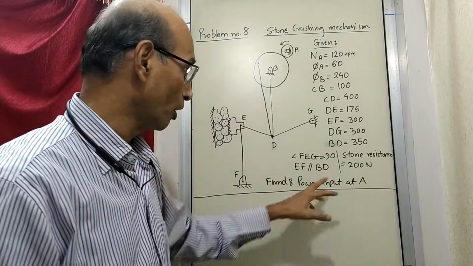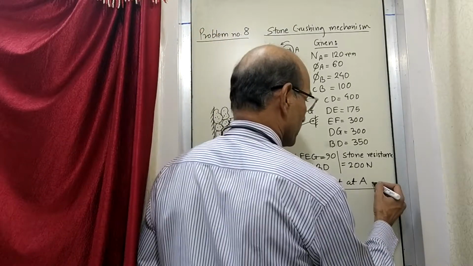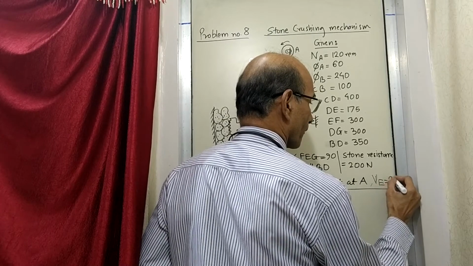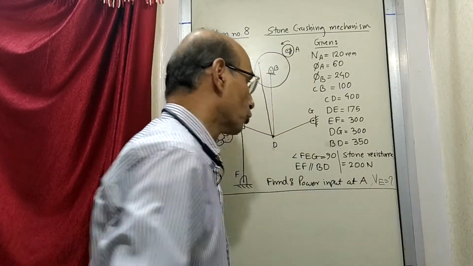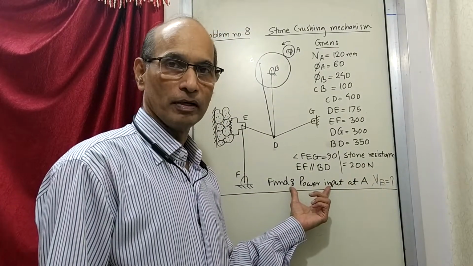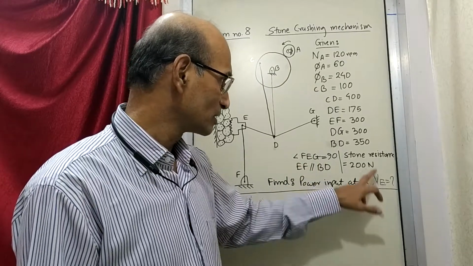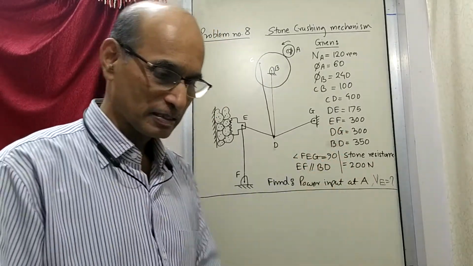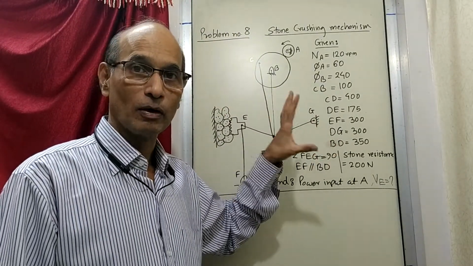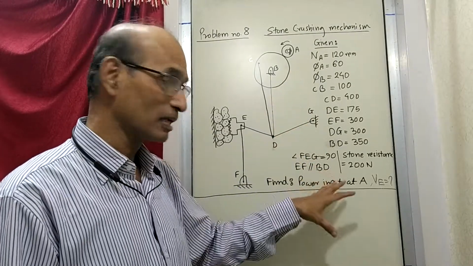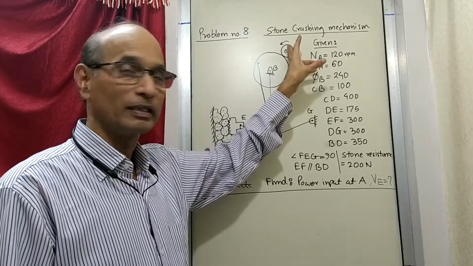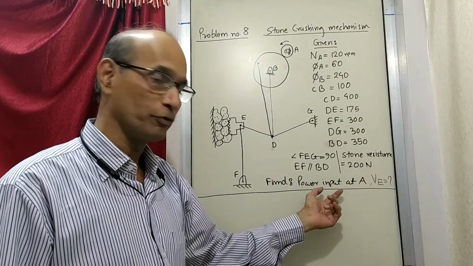In other words, what is asked is to find VE. If you could find out the velocity of E, then the velocity of E into this force is the same as the power input. So the problem is essentially only this, only the wording is different, and it is giving us some more information about how the mechanism is made and how it works. Suppose you make this mechanism, then this answer is the power that you have to supply here. Whatever motor you connect here should have this much power, which you are going to find out.